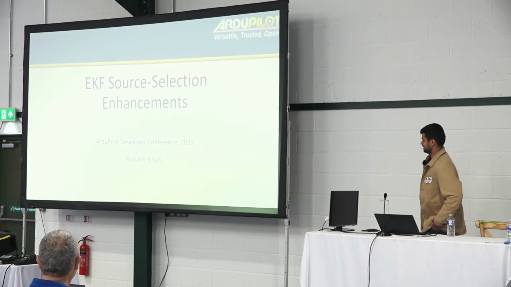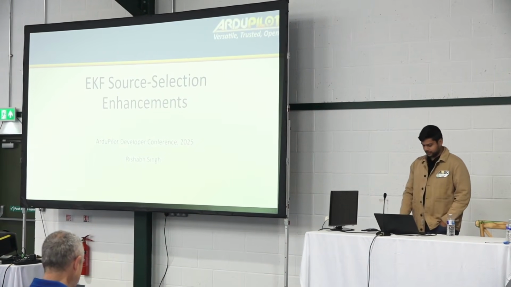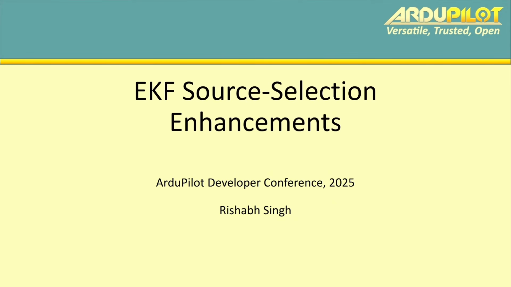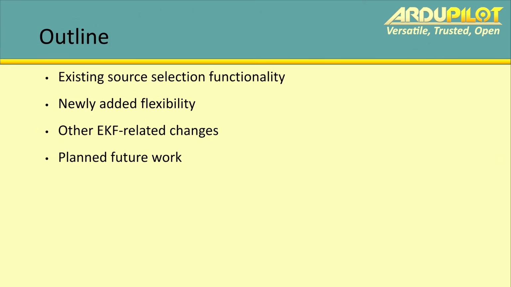It's just mostly text. So I'll quickly begin my really short presentation on EKF source selection enhancements that I've been working on the past few months. Initially, I didn't have this slide on the existing source selection functionality that we have inside EKF, but I noticed there's a lot of confusion on how this stuff works. So I'll spend a few minutes explaining what we have currently, and then all the new flexibility that I've added